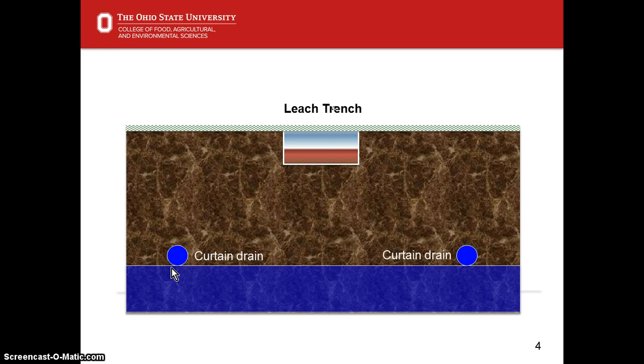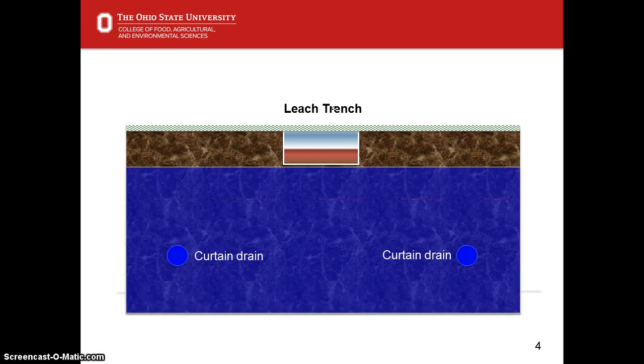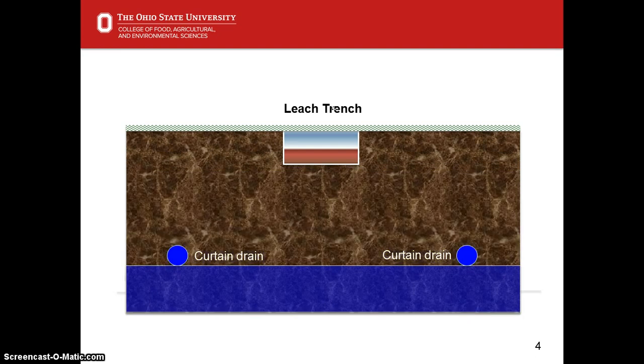below these leach fields. Once in a while, as you have precipitation events and so on, this water table is going to come up, and the objective is to keep that water table as far away as possible from the leach trenches. Once in a while, it's going to try to mix up with the wastewater that's coming out of these systems, and to avoid this for most of the days, we have laws and specifications for designing these systems. So the objective is to bring that water table as far below as possible, as fast as you can, with